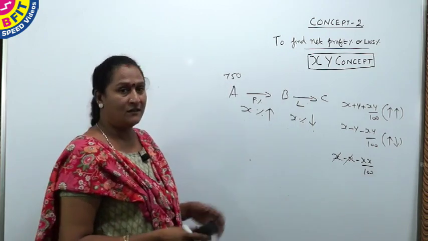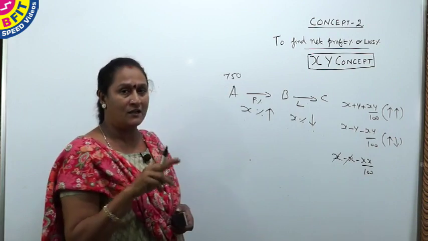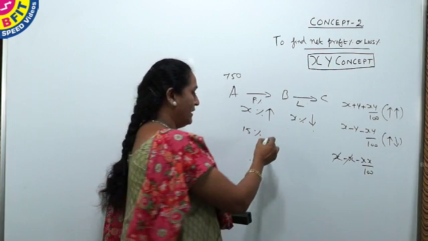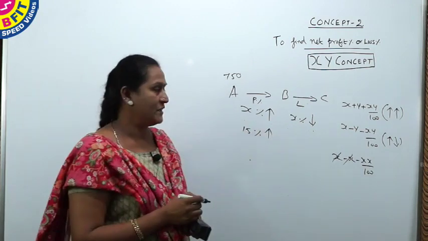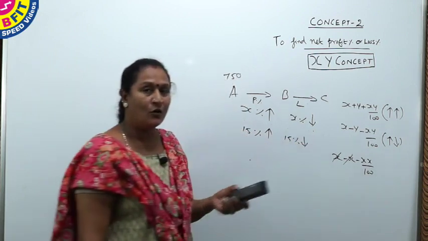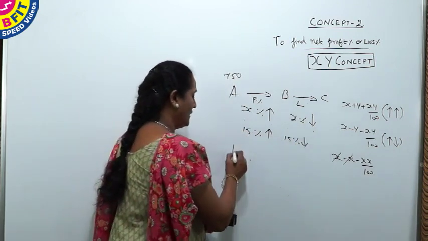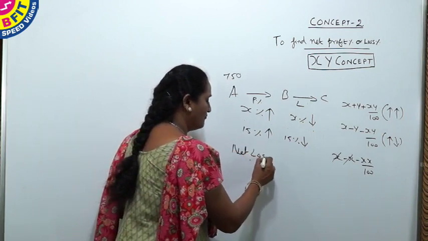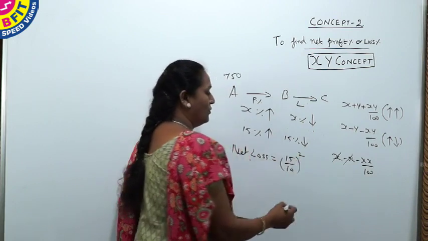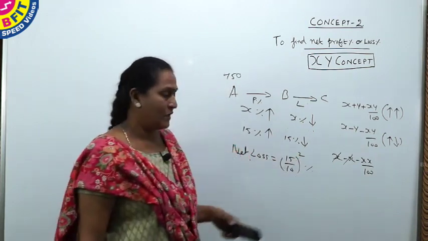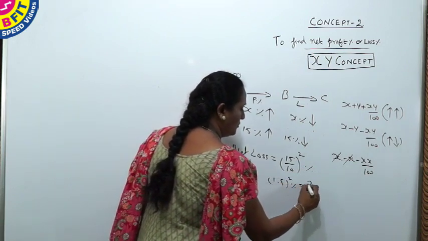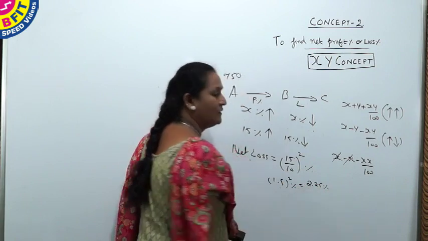Say, buying an article and selling, two articles sold for the same prices. For another example, one article is sold at a profit of 15% and the other article is sold at a loss of 15%. So what will be the overall effect here? It will be a net loss percent equal to (15 by 10) the whole square percent. So what is 15 by 10? It is 1.5 square, or 2.25% loss.